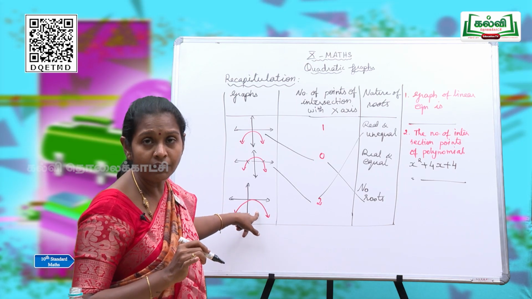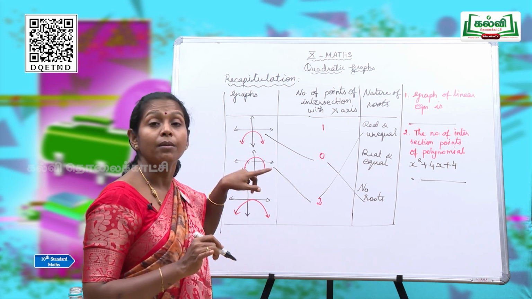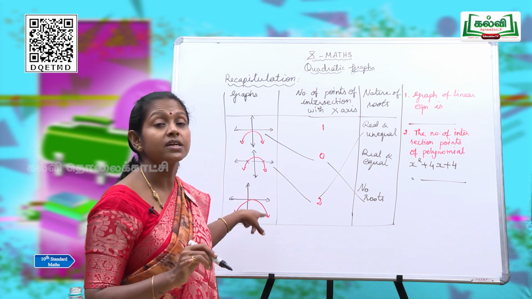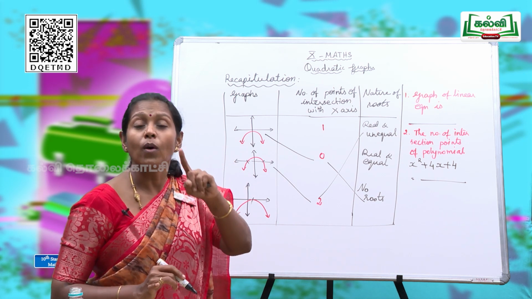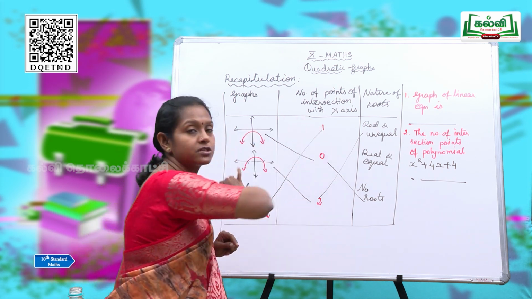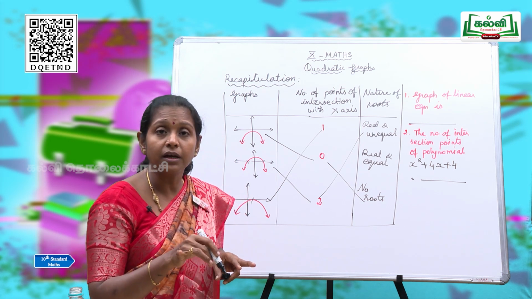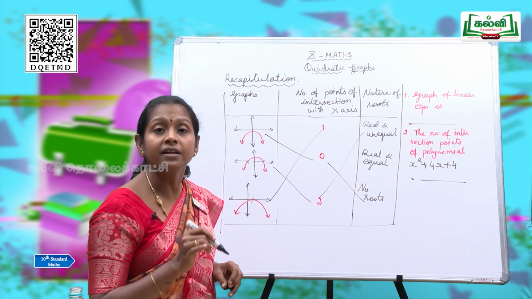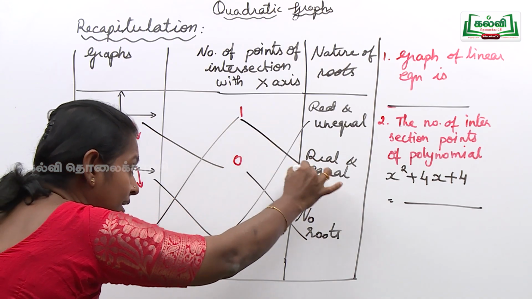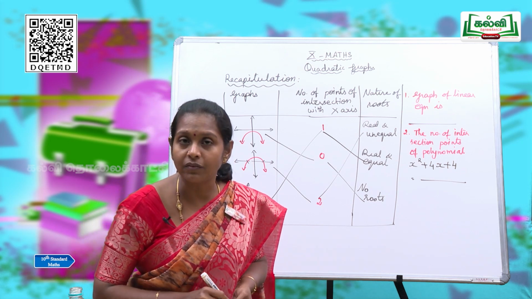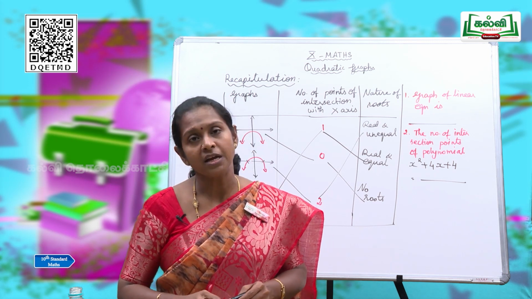Next, one more curve. The curve is opening downwards. It is intersecting the x-axis, but not at 2 points. It is touching at only 1 point with the x-axis. That means it has only 1 intersection point with the x-axis. You should match it with this. So how many roots? 2 roots as usual, but both the roots are coinciding at 1 point. That means yes, equal roots. Very good. So it is real and equal. I think you are thorough with that. Whether it is opening upwards or downwards, it is very easy to identify the nature of roots.